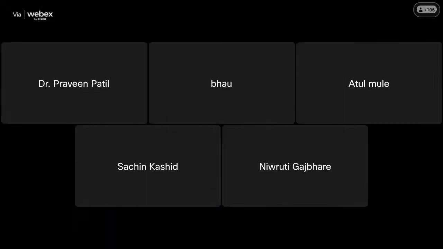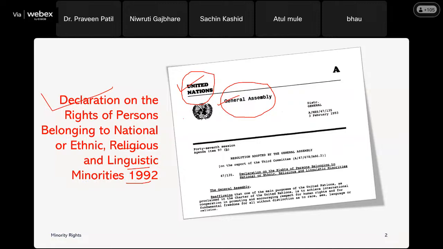There is no mentioning of minorities' rights, and minorities' rights play a predominant role after World War I and World War II. Though no attempts were made during the Universal Declaration of Human Rights way back in 1948, steps were being taken at that point of time, which culminated ultimately in 1992, when the international community felt that you need to have a special declaration on rights of persons who are ethnically minorities, religiously minorities, or it could